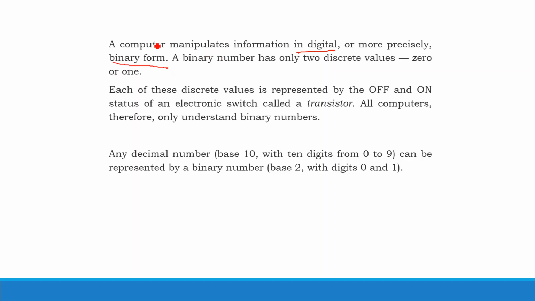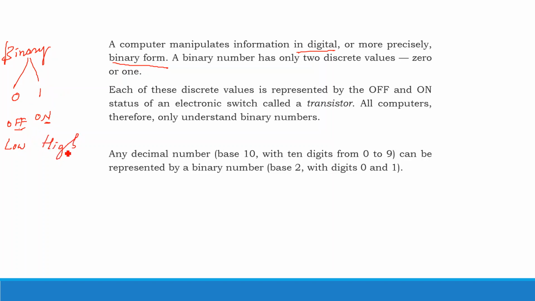And what does binary form mean? Binary form means either 0 or 1. That is the binary form. A computer can only understand this binary form. Or we can also call it off and on. It means the off state or on state of a transistor in a circuit. That is the binary form. The computer can only understand this form. And we can also call it low, high.